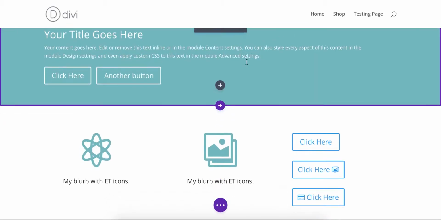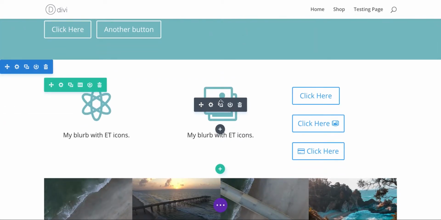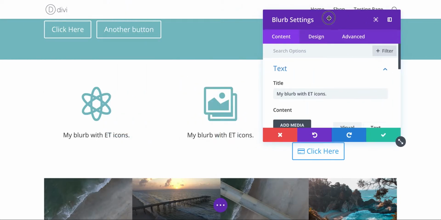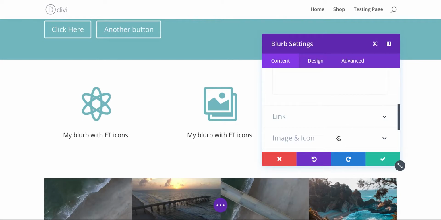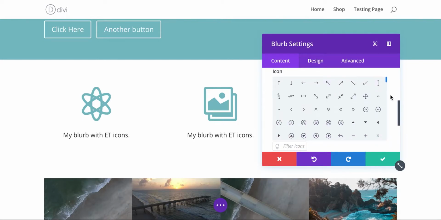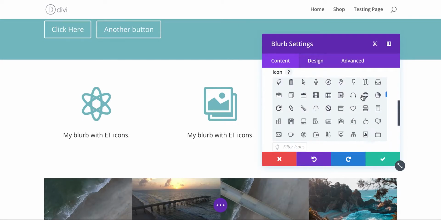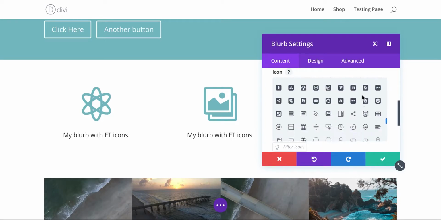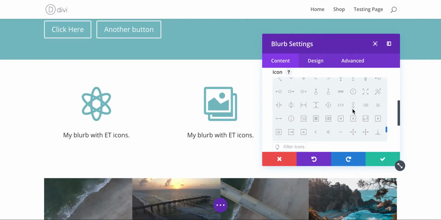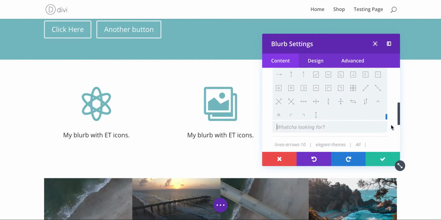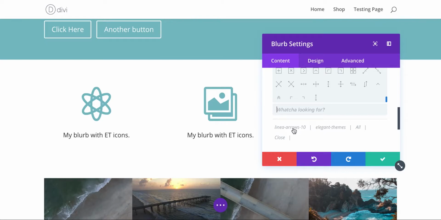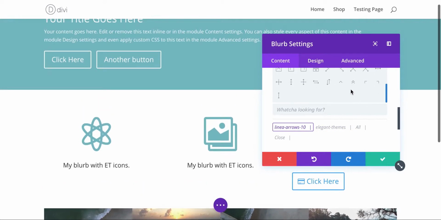you will see here that if I go to edit this now, and I'll bring it over here so we can see it, you'll see that in our list we've got our Elegant Themes icons, and now we've got our additional arrow ones that we just uploaded. These are all the new icon set. And of course in our filter functions now we've got our arrows, so we can see just the Elegant Themes, we can see just the arrows, we can start searching for things